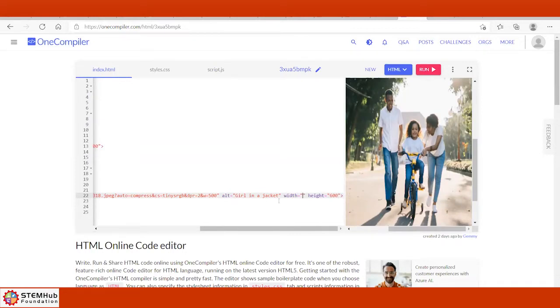Put your cursor right before height and backspace to get rid of everything, all the way to width. Perfect.